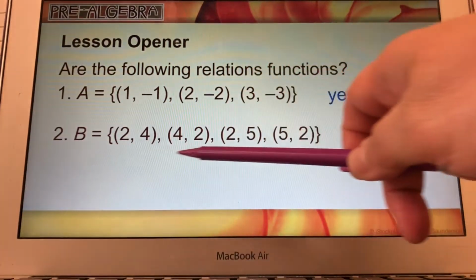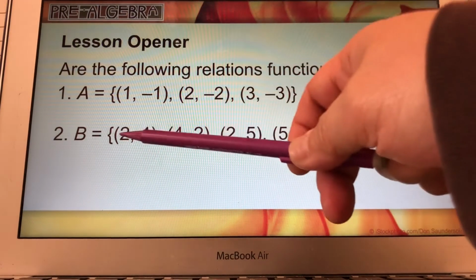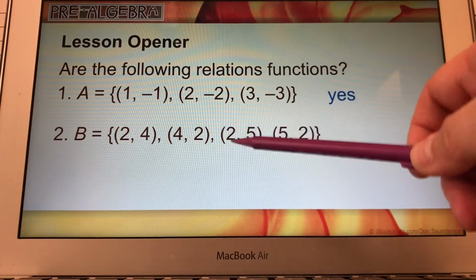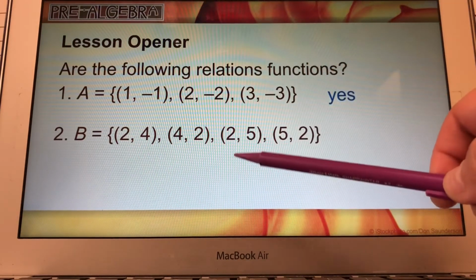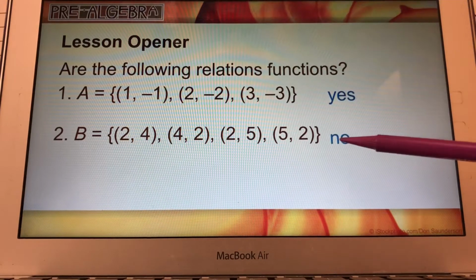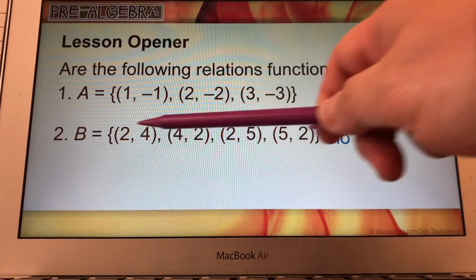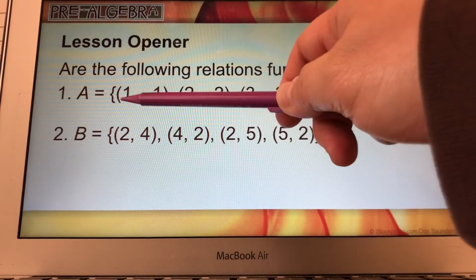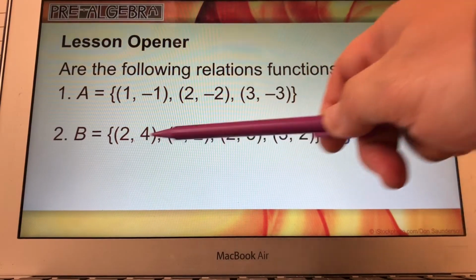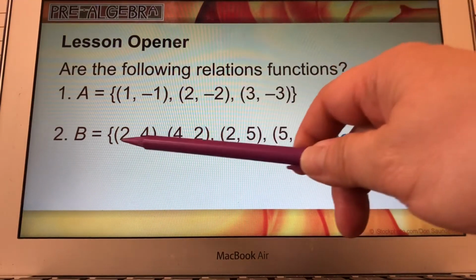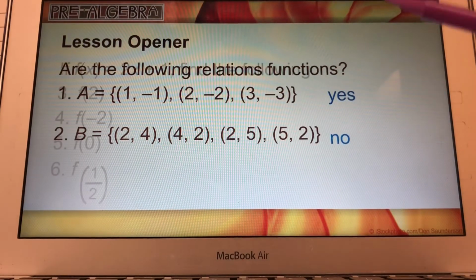Here I've got relation B, and is this a function? Well, let's take a look. We've got 2, 4, 2, and 5. Well, the 2 is repeated, isn't it? So then this is not a function, okay? A function means that all the x's are different numbers like this one here, 1, 2, and 3. But here, because we have 2, 4, 2, 5, the 2 is repeated, so therefore it is not a function,